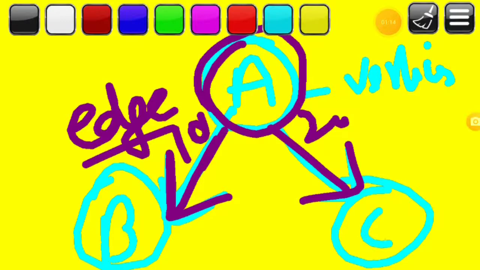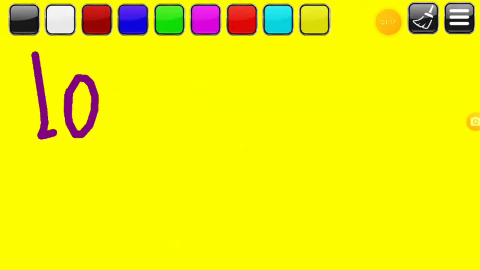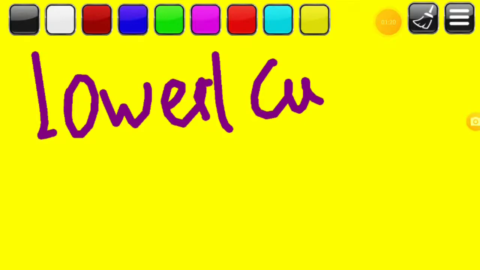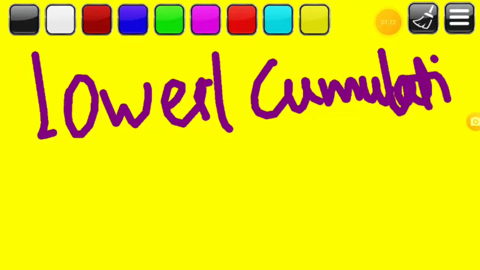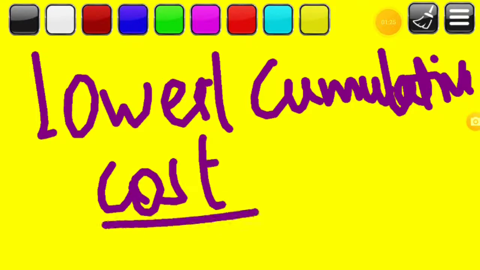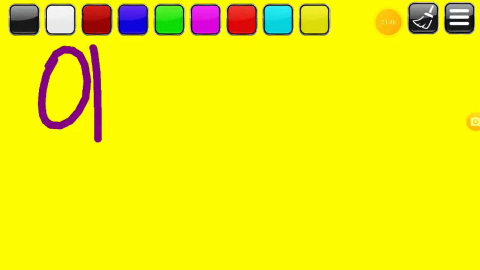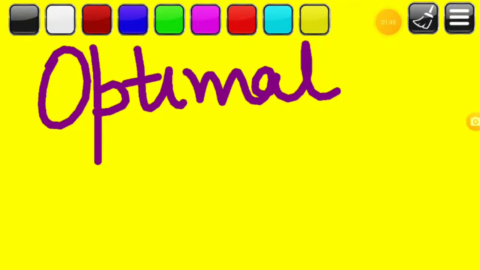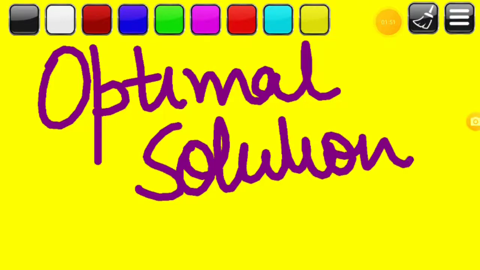The primary goal of uniform cost search is to find the path to the goal node which has the lowest cumulative cost. Lowest cumulative cost means the sum of the cost should be low, so we have to traverse that path to reach the goal node. Uniform cost search will expand each node according to their path cost from the root node, and it can be used to solve any graph or tree where the optimal solution is in demand.